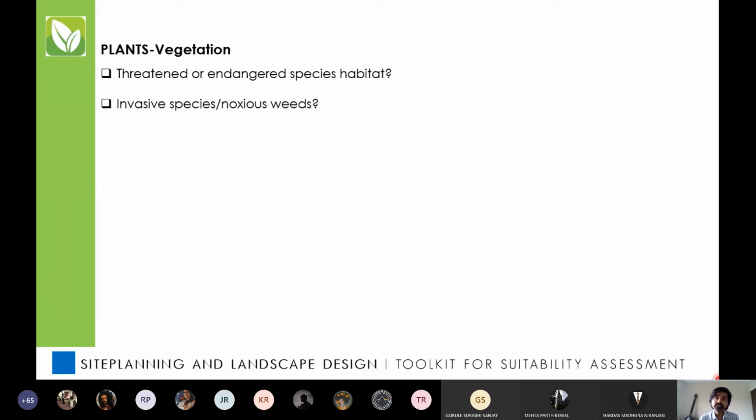Try and see if there are invasive plants or if there are noxious weeds. So we know what invasive plants are. We did speak about them in the earlier lecture. So try and understand if there are invasive plants, or if there are plants which trigger severe reactions. There may be some plants which trigger itching in people. If you touch it, then it causes itching. There may be plants which have thorns and spikes, which are not really conducive for humans to move around. If there are situations like that, you need to take action,